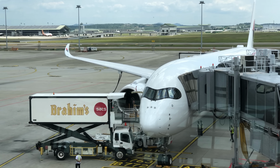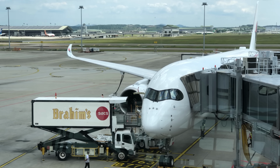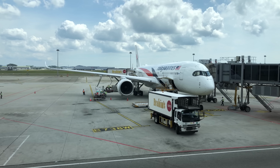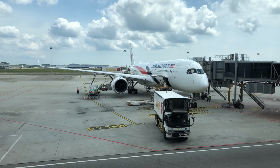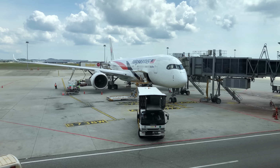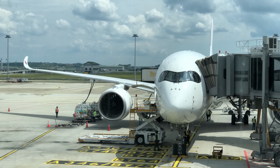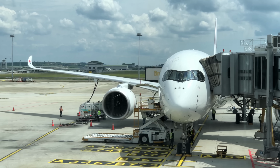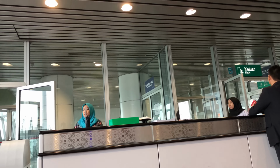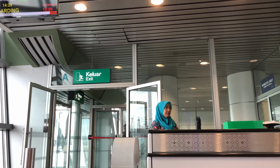This is our beautiful bird today, Malaysia Airlines Berhad Airbus A350-900 MAB. This aircraft is very special. Not only is this the first A350 Malaysia Airlines has received, the registration code for the aircraft, MAB, stands for Malaysia Airlines Berhad. There are no signs at the boarding area, which isn't unusual with Malaysia Airlines, but at least